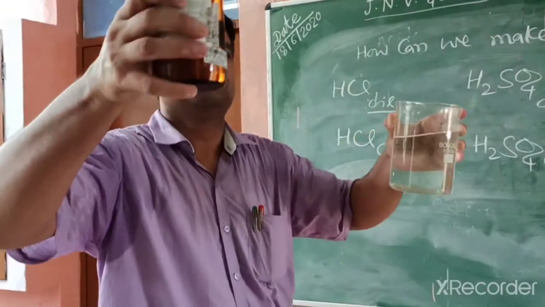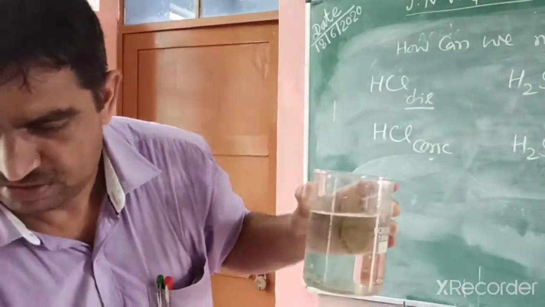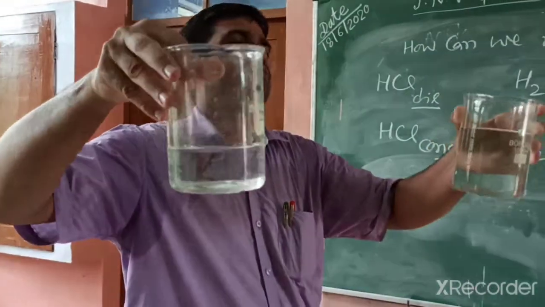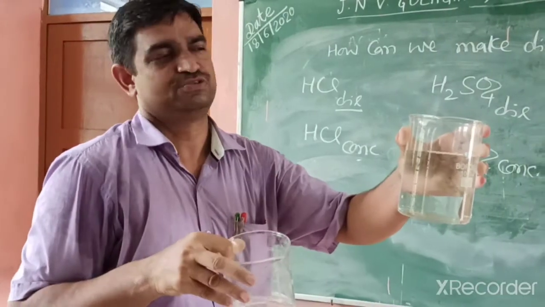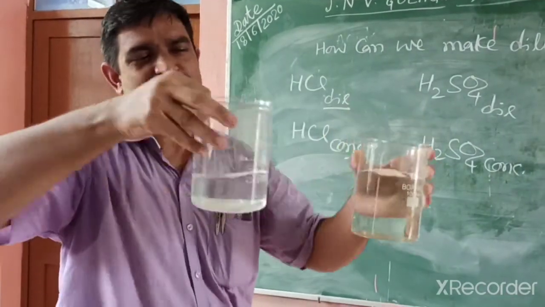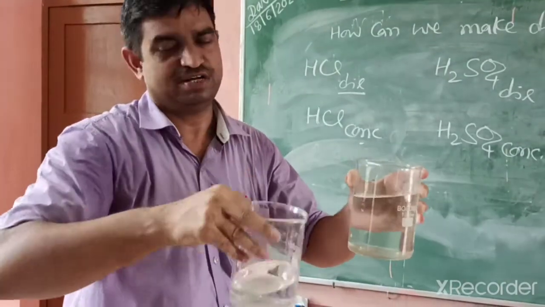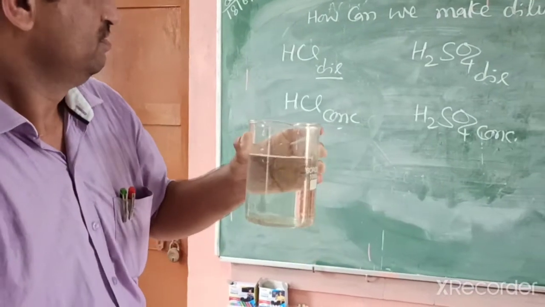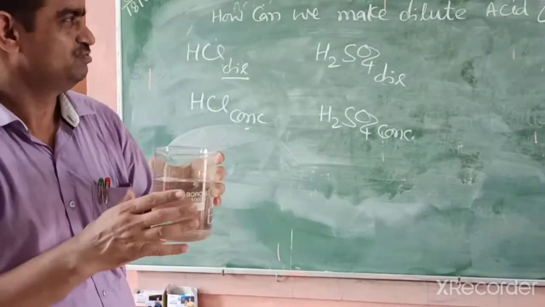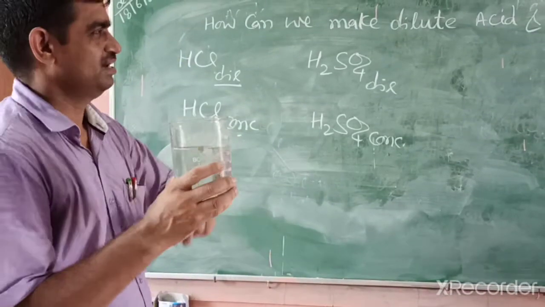These are comparative terms. If this one has a very high number, that is concentrated, and this one is dilute, and this can be called very dilute. So dilute is a comparative term. This is dilute, this is also dilute, and that is concentrated. So the number of hydrogen ions is reduced. Thank you. In today's video we studied this, and if you have any query you can ask.